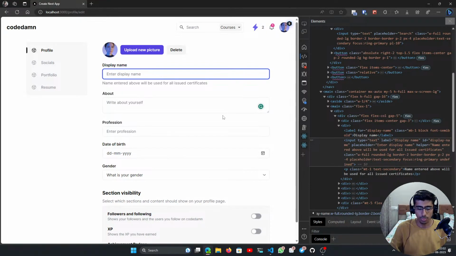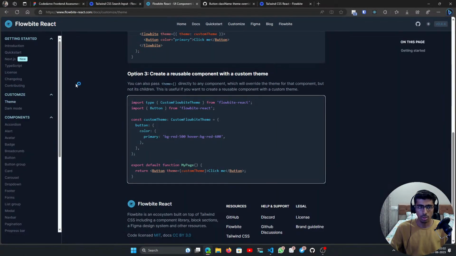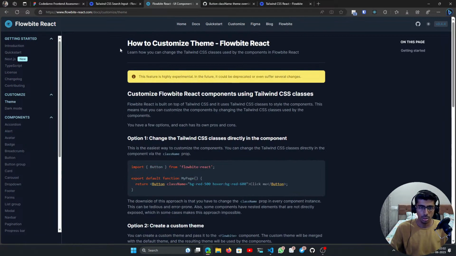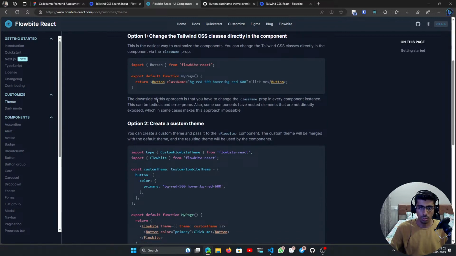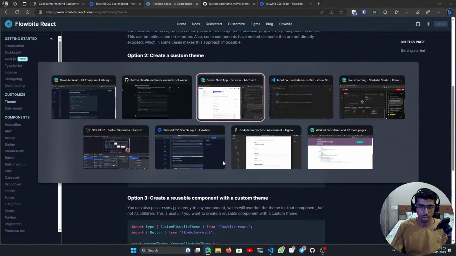I don't know why Flowbite does not allow this. Flowbite React, where are you? So right over here, there is theme. Change directly in the component. The downside of this approach, you have to change the class name prop in every component instance. It can be tedious and error prone, also nested. Do I have to create a custom theme again? Then I cannot pass that in because you see,